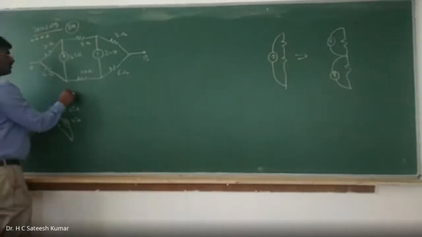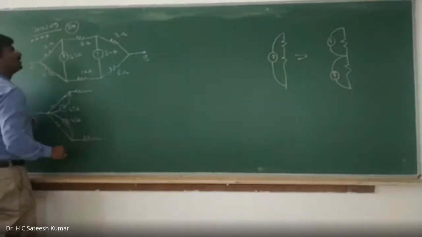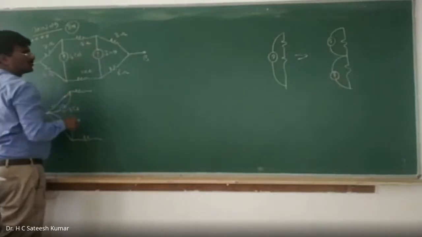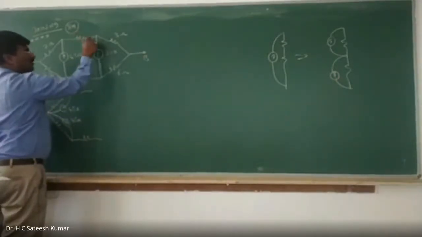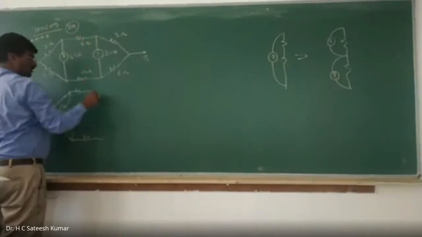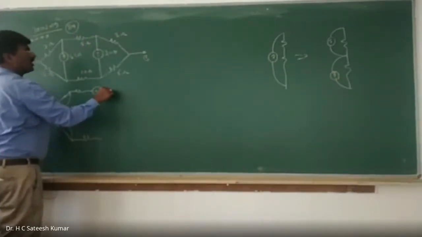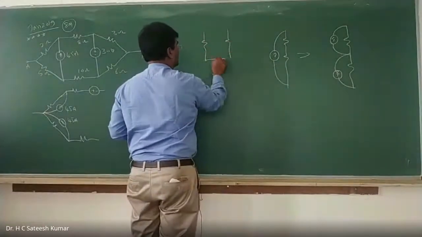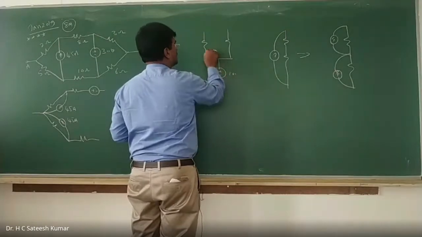This is current source shifting, we did it. Now voltage source. At this point it is 30 volts, at this point it is 30 volts. Sir, we can shift this one to this side as well? So 30 volts here, 30 volts here, so I can put plus minus 30 volts. Recall the basic principle: a voltage source, let us say 10 volts, here also 10 volts.